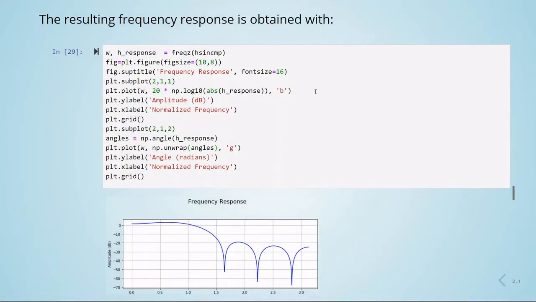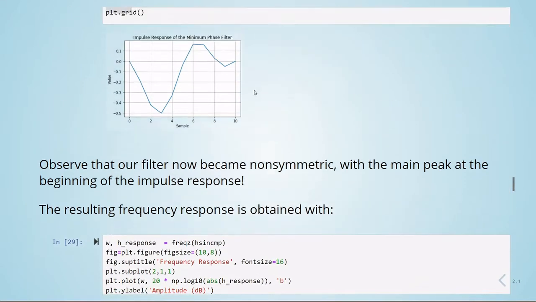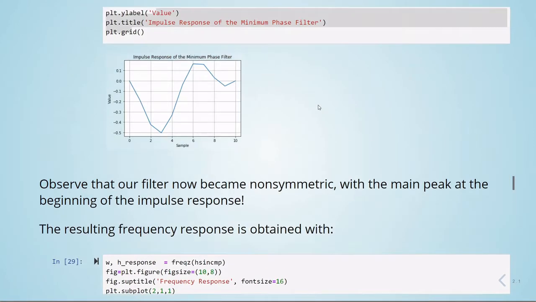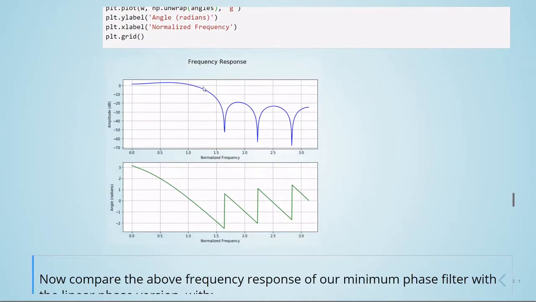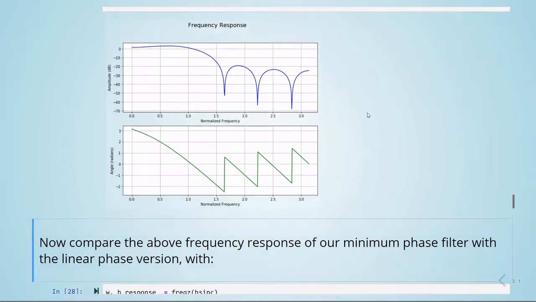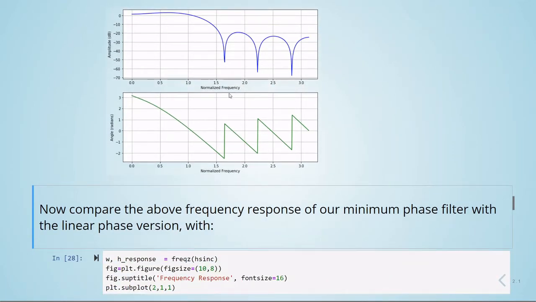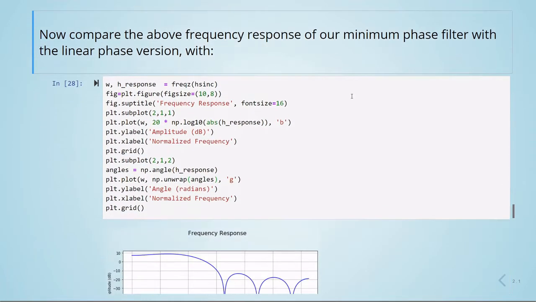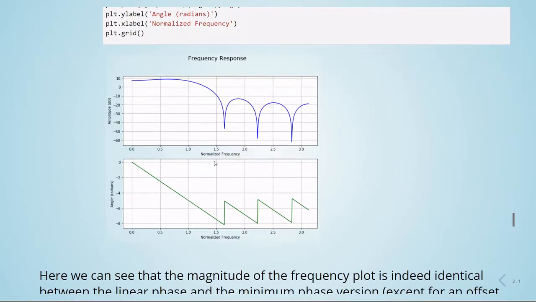The resulting frequency response is obtained with this frac C. So we're plotting the frequency response from the impulse response we obtain here for the minimum phase filter. And this is the frequency response of the minimum phase filter. Now, if we compare the above frequency response of the minimum phase with the linear phase, plotted here, we can